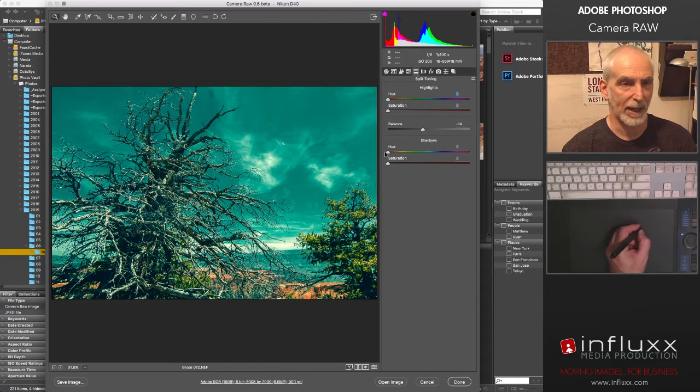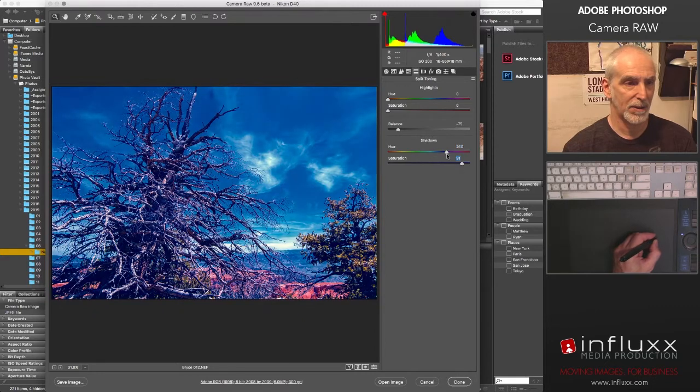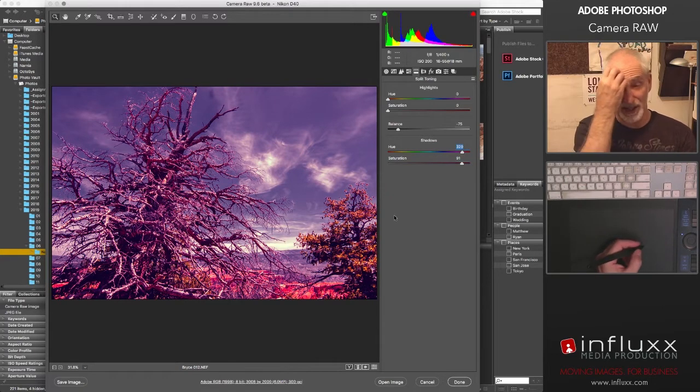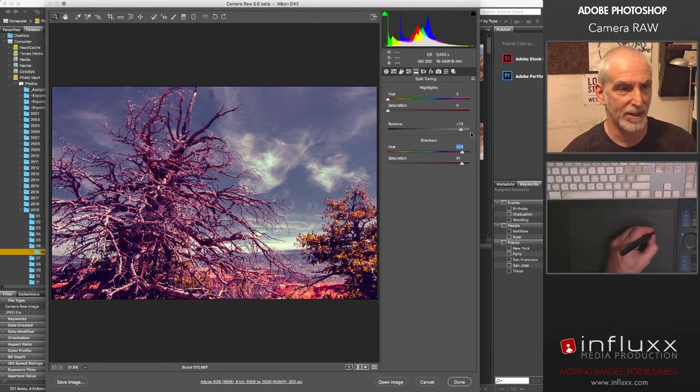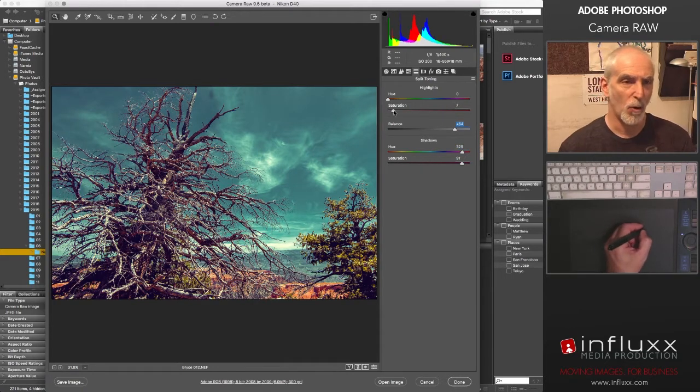If conversely I make this change to the shadows, let's see, make them dark bluish, and then start punching up the amount, you can see that the whole image is really getting skewed that way, and I can then slide this back. So I can introduce a little bit of one or the other, or I can skew the brights yellow and skew the shadows purple, and